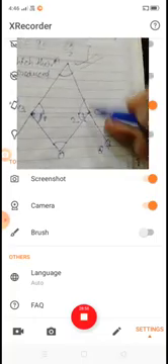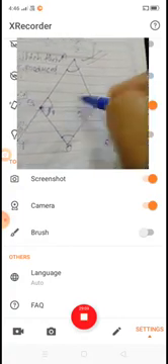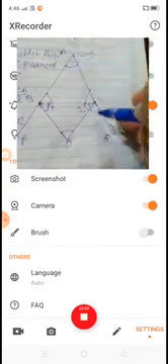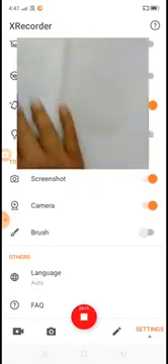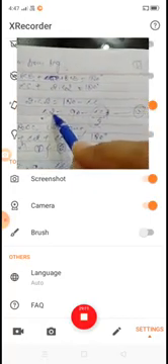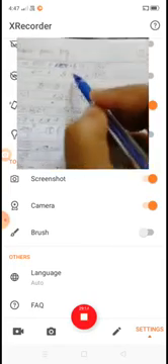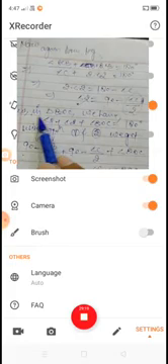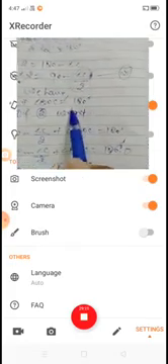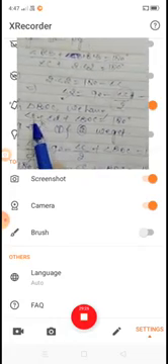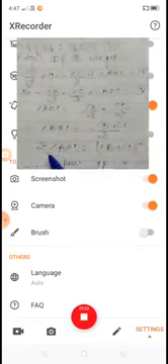Same as on that side, angle ACB and angle QCB form a linear pair, so also their sum of measure is 180. In this way we find angle 2, and angle QCB is equal to 2 times angle 2. Now we use the sum of interior angles property in triangle BOC. In this way we put the values of angle 1 and angle 2 in this equation, and we find angle BOC.